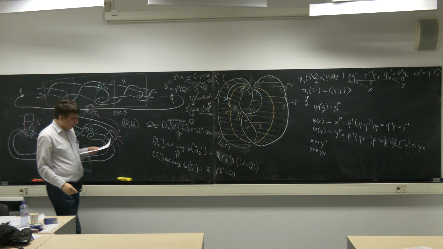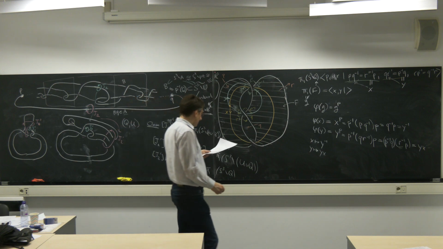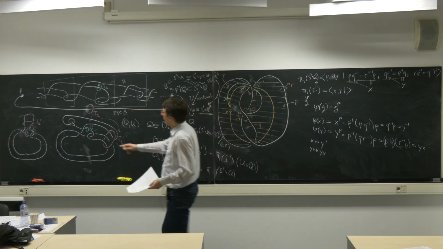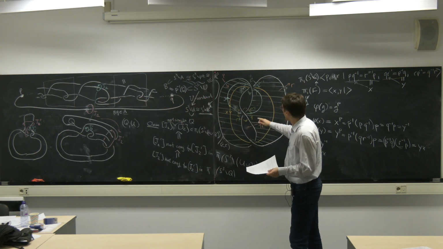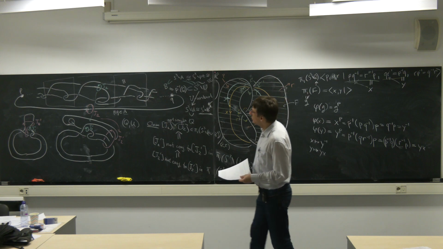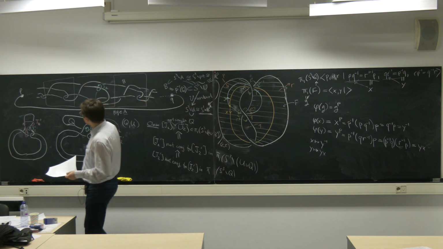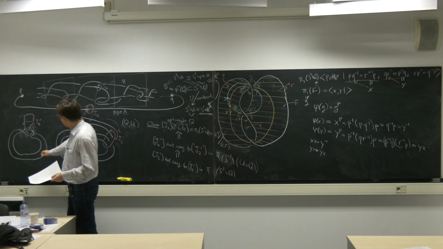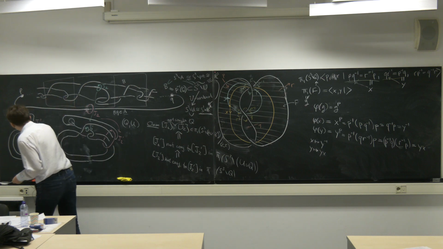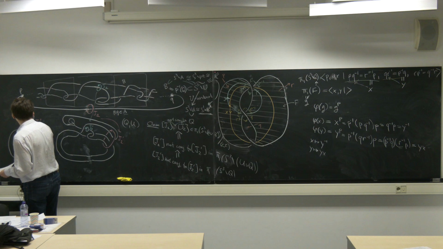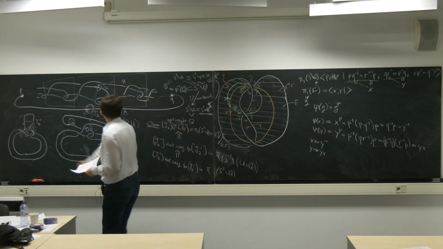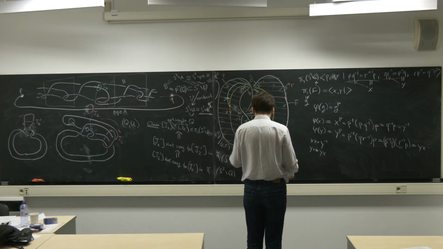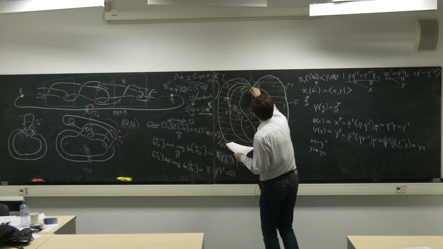And now, to get from this picture into this picture is just a matter of changing the geometry. The topology is the same. So here you have 1, 2, 3 crossings, and here you have 3 crossings. And I claim that these are the same crossings. And one way to see this is